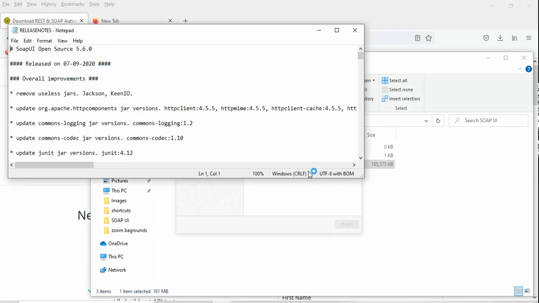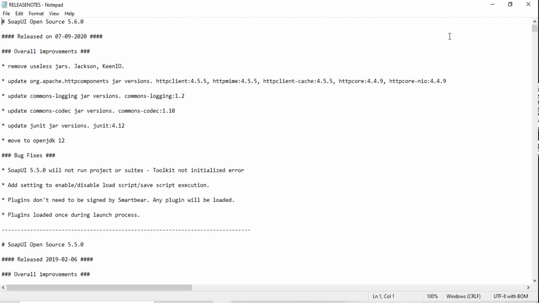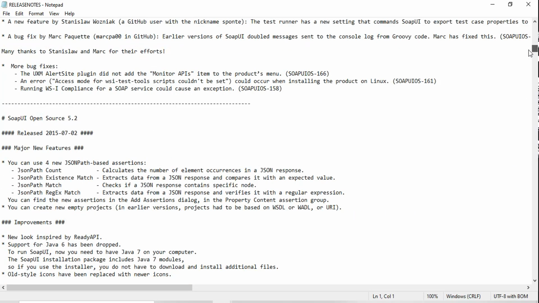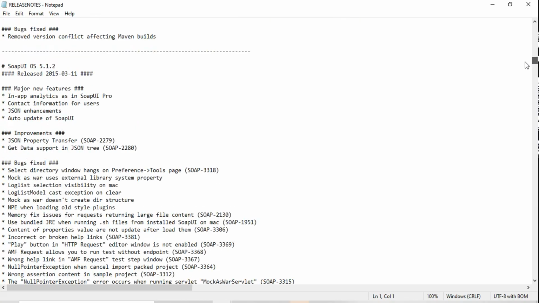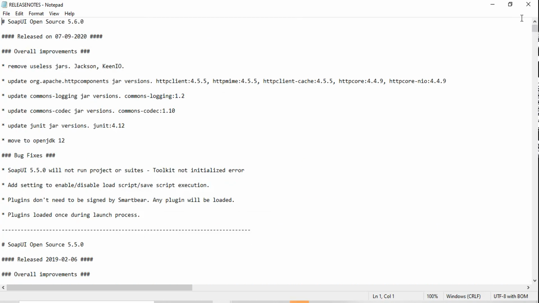Whatever release notes were checked, it shows what version is installed, what updates were made, what jars were updated, and what bugs were fixed in this new release. So all these details are mentioned in this, and until now, what the versions and releases are, a complete explanation has been given in this text file. So you can see this and now